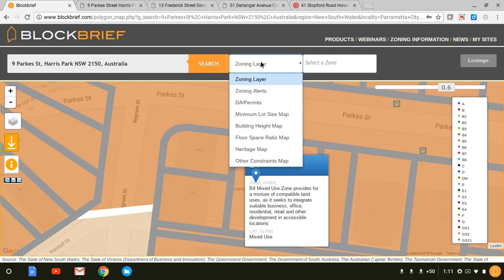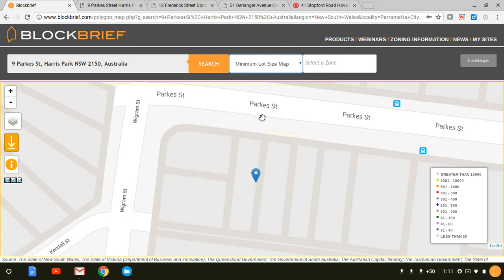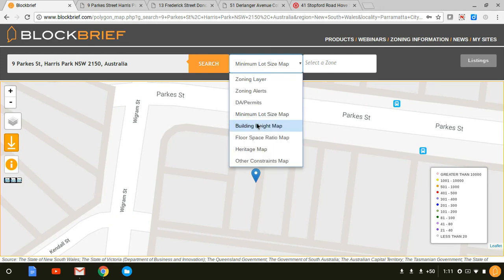Just briefly, you can select some of the other layers just specifically for this property. Whether it's got a minimum lot size, it does not. These layers differ from state to state, as you'll see. Although the zoning layer, the zoning alerts layer, and the DA permits layer will always be there, these layers will be different because different states have different planning regimes and systems where they use different tools to control land use and density and